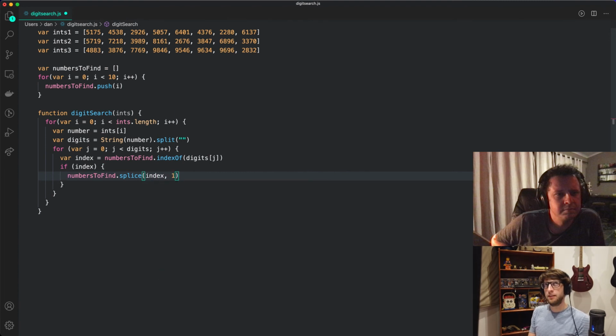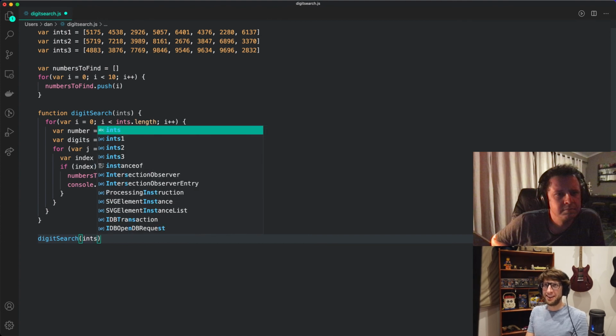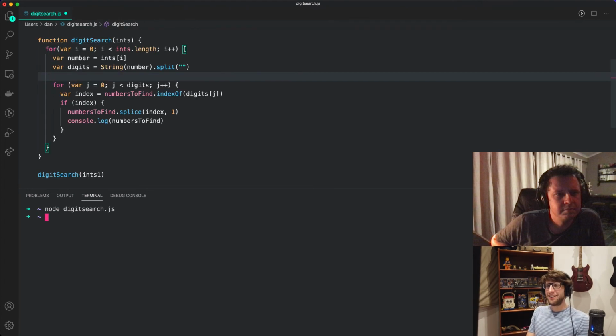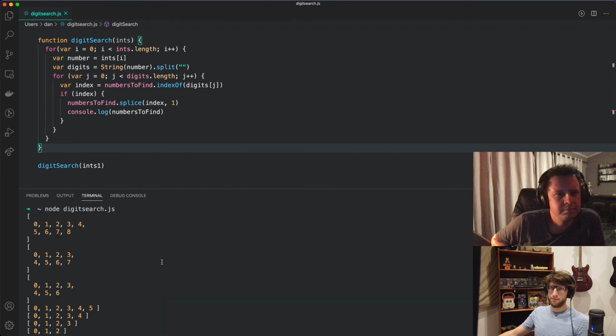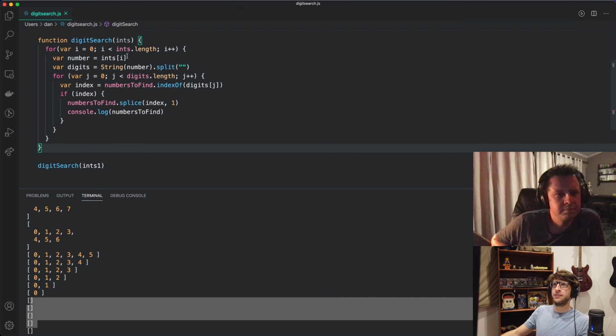Splice, I think, mutates the array. I'm pretty sure it mutates it. Let's see if it works before I get too cocky about it working. Okay, and here's our bug. digits.length. Ah, yes, of course. And run this. Boom. Then we can see once numbersToFind is empty, then we want to just return